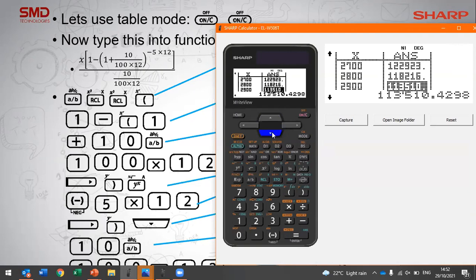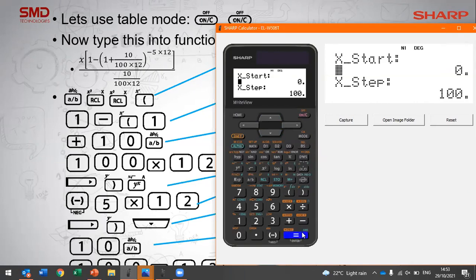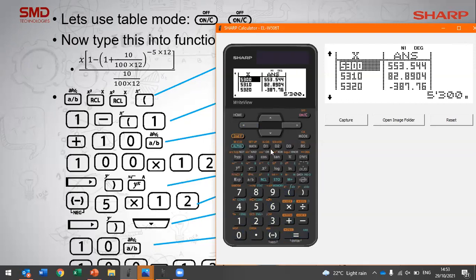So I'm just going to scroll through. This is what makes an unlimited table so nice, because now we can really use it for applying things like present value. We can see it's quite a high amount that we would have to pay back. There we go, it's approximately 5,300 Rand. What we can then do is go back to our start and type in 5,300, and this time we can make our step 10s. So now you'll get a really good approximation. It's between